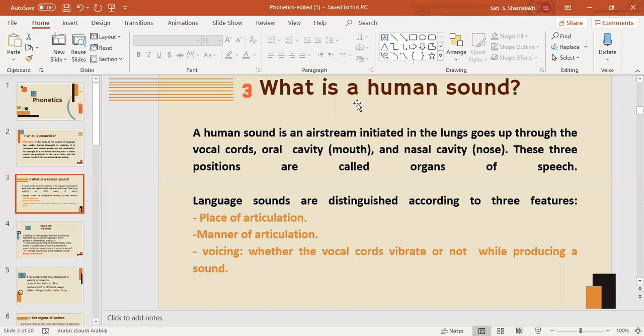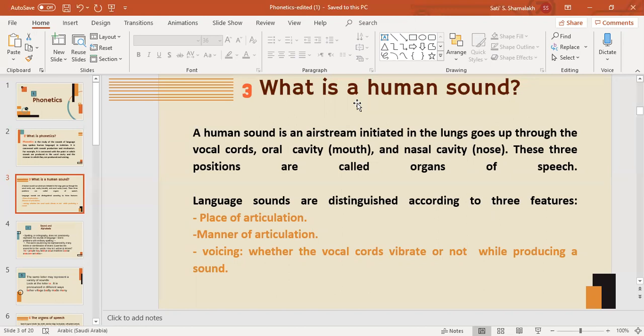A human sound is an air stream initiated, begins in the lungs and goes up through the vocal cords, الأحبال الصوتية بيطلع فوق, oral cavity, which is the mouth, and nasal cavity, which is the nose. These three positions are called organs of speech. So the organs of speech are lungs, oral cavity, and nasal cavity. Okay, when we speak, the air starts from our lungs, goes up through the vocal cords, and then to go out, it passes either through the mouth or through the nose. Oral